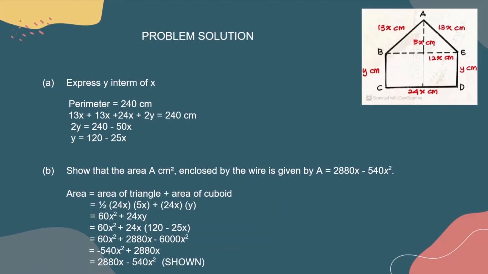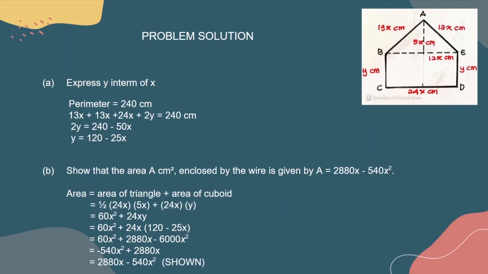Then we collect all the x terms and bring them to the right side. Then we simplify the equation and get the answer, which is y equals 120 minus 25x. Next, for problem statement B, it states that the area of the diagram is